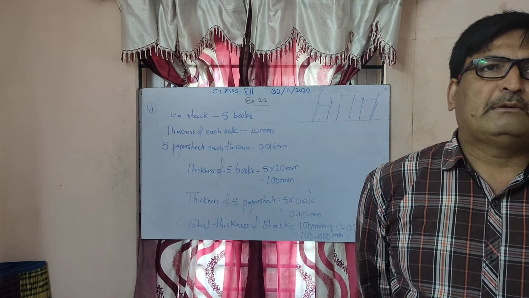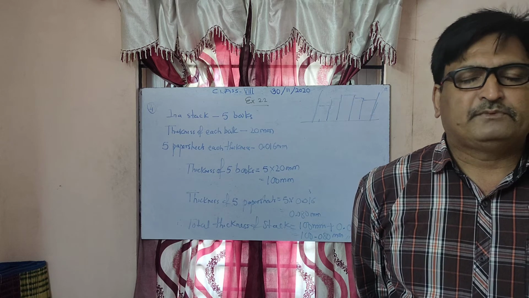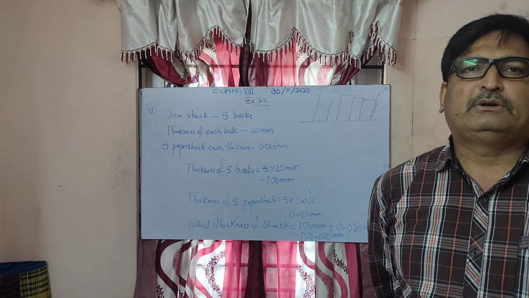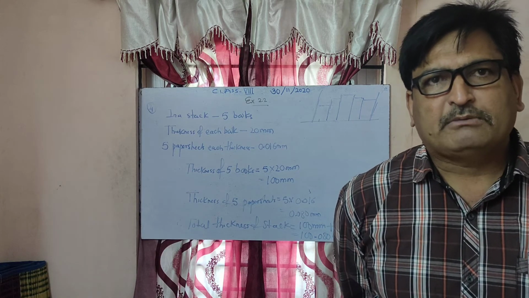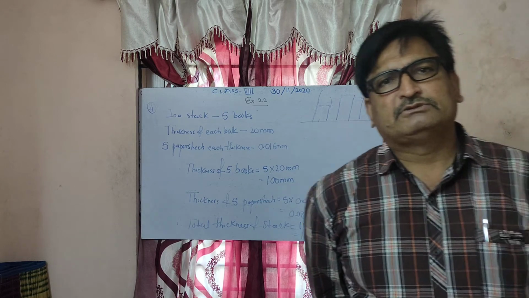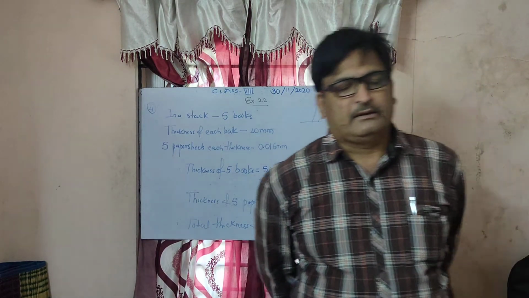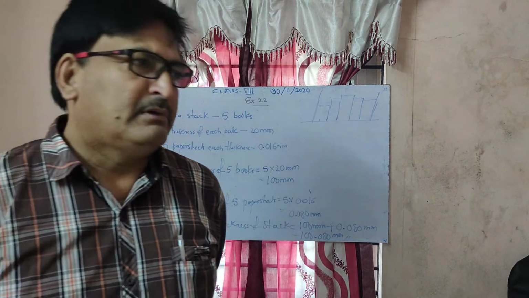a to the power m divided by b to the power m is equal to a upon b, to the power m. In the same way, a to the power m into b to the power m is equal to a into b, to the power m. And a to the power minus m is equal to 1 upon a to the power m. Anything raised to 0, a to the power 0, is equal to 1. So these are the 7 laws of indices, or you can say exponents, that you have to remember.